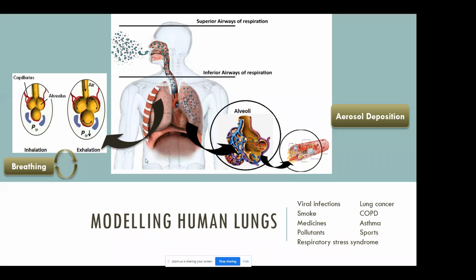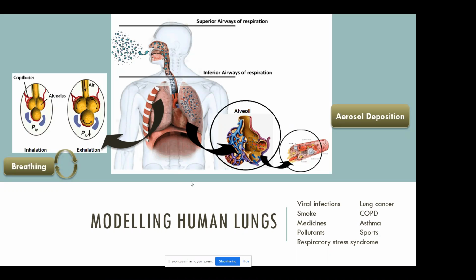As you can see, we have a complicated airway system whereby we inhale air and particles in the air. They go down through the upper respiratory tract and then through the lowest tract where we have the bronchi and the alveoli. And at the level of the alveoli is where we have the exchange of materials and gases which are in the air and go into the bloodstream. So that's where the actual exposure of substances occurs, at the level of the alveoli and a little bit in the bronchi, but mostly in